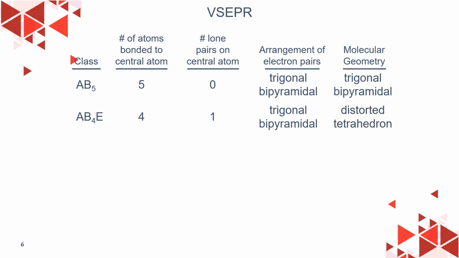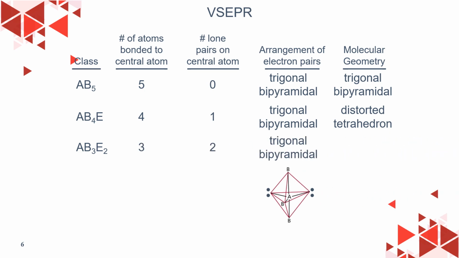Now let's see what happens if the central atom has the ability to attach 5 pairs of electrons but 2 of them are lone pairs. We can see that the lone pairs repulse each other and make more distance, and make the bonding pairs closer to each other. It makes the molecular geometry T-shaped.